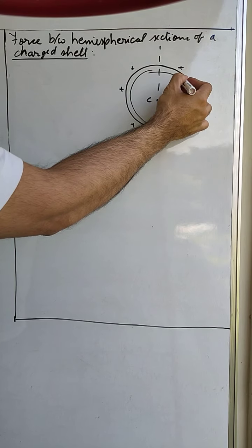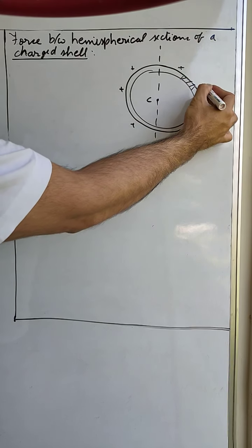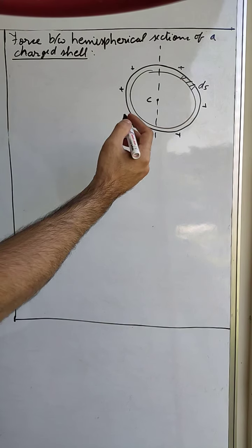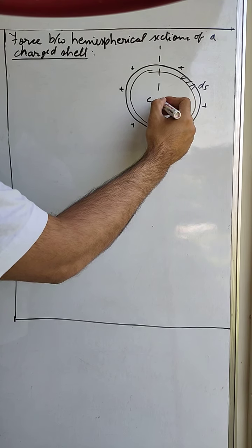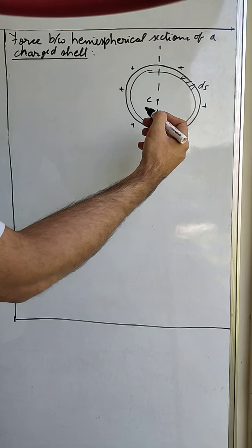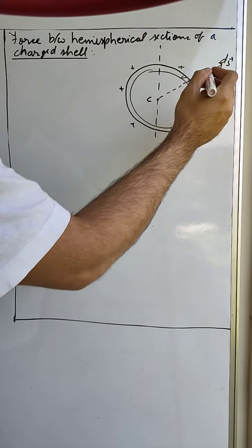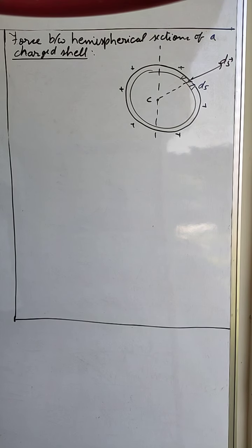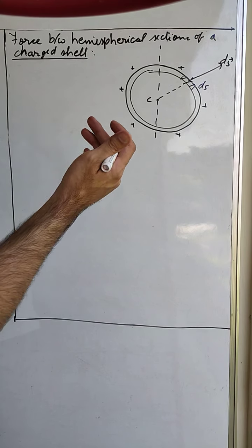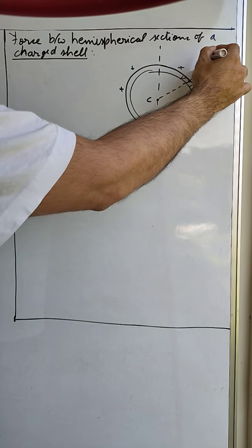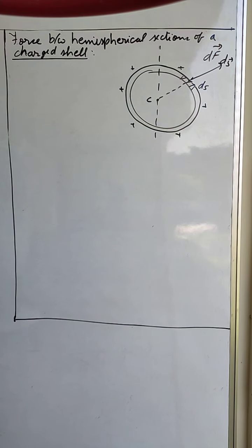This is a center C, and let us say that this is our area element ds. Now if the direction of ds is considered, then in the radial direction, it will be given like this. So this will be the direction of ds. Now the force applied on ds, because of the repulsion, is an outward force, and electric pressure is applied on ds. This force will also be in this direction only, in the outward direction. So the direction of the force and the surface area will be in the same direction.